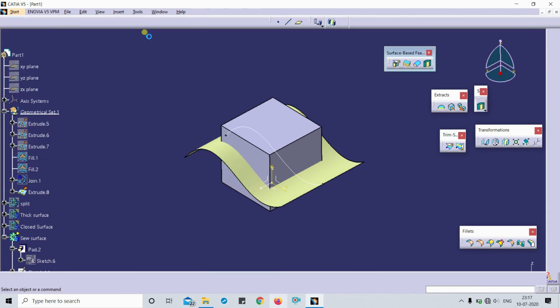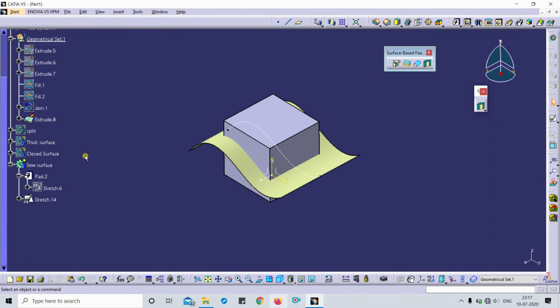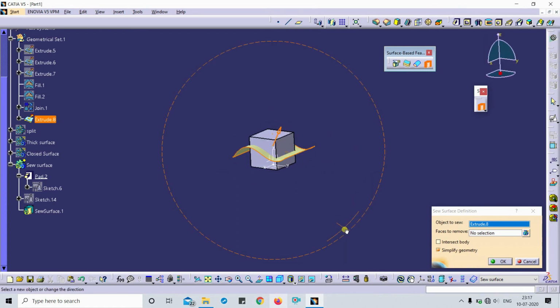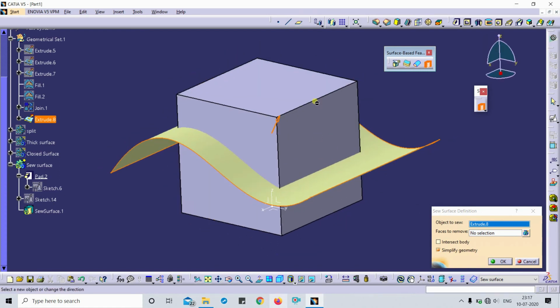I have to select this sieve surface. Firstly, object to sieve. So I have to select the object to sieve by using this surface. I select this extrude face. Or here you can see the surface to remove. You can select this surface. Okay, and you have to switch the direction.